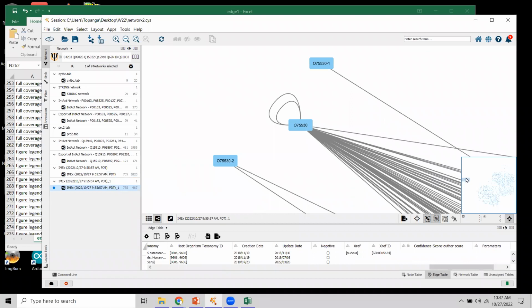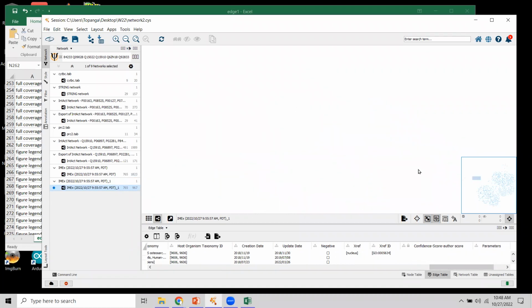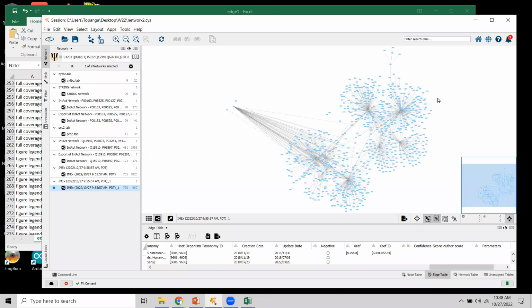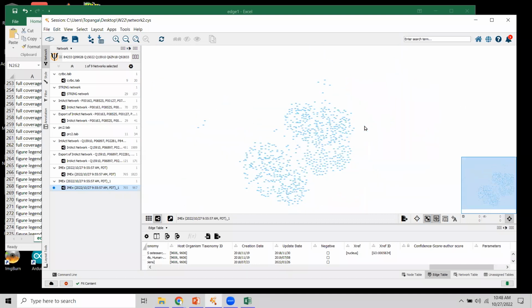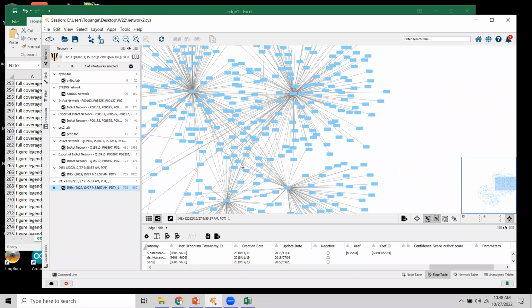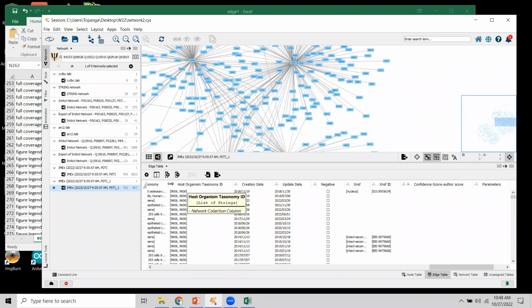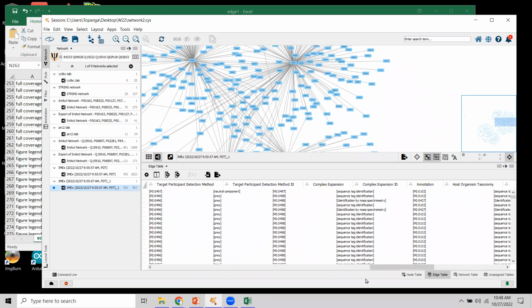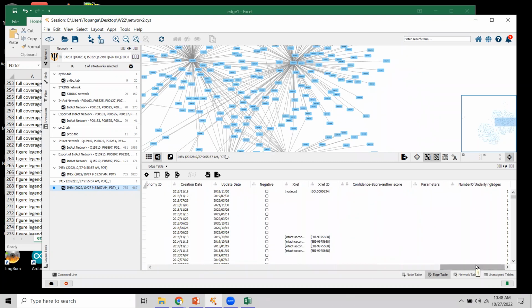So this is our duplicated thing. It should be gone by now. Oh no, lost it here, but the duplications got lost. So now we've got things connected by single lines. And then if you check at the very end of the edge table down here, there's going to be a number of underlying edges. This is the number of experiments that contributed to a given edge. If we sort it here,